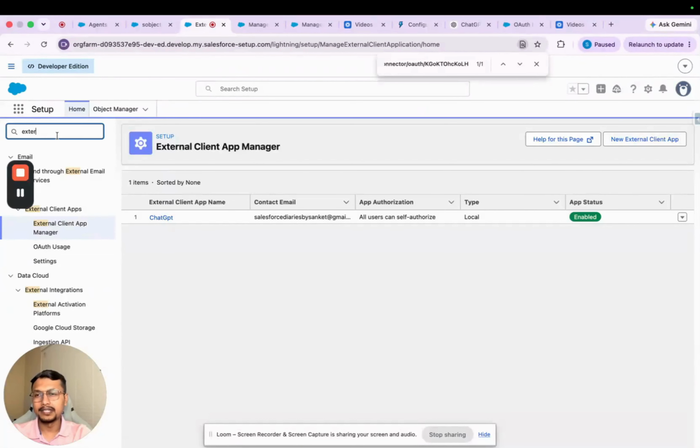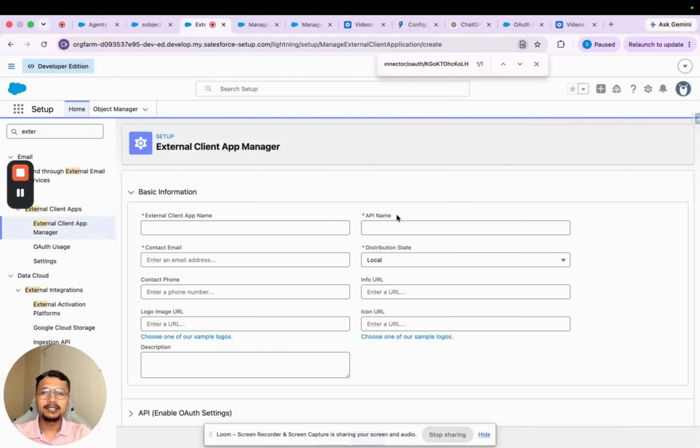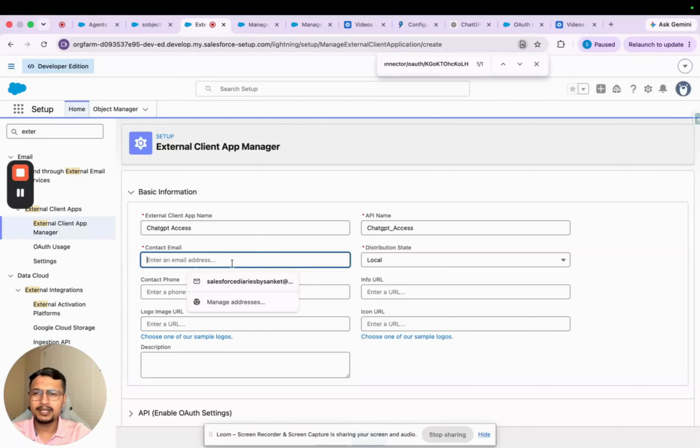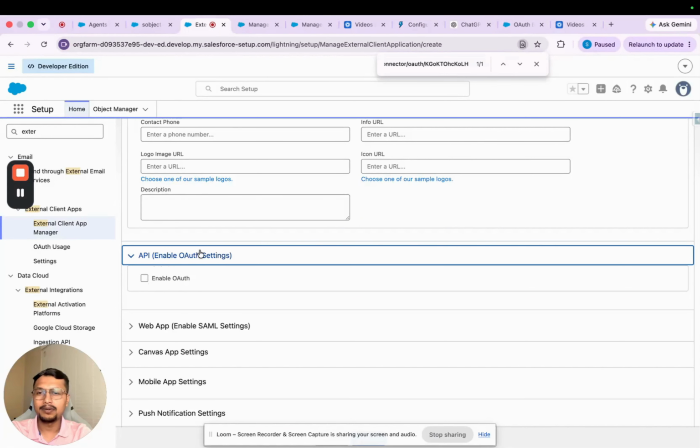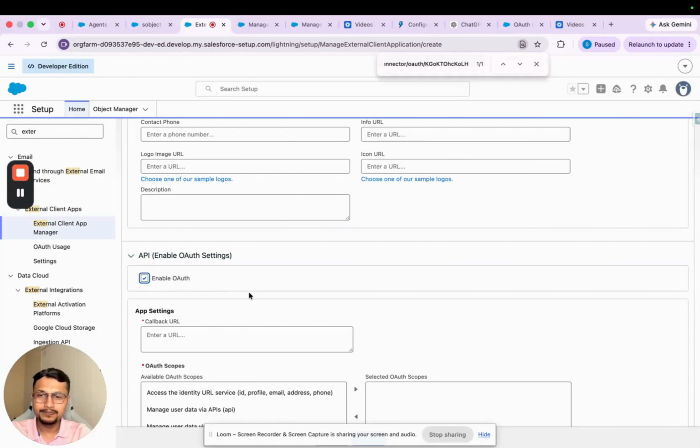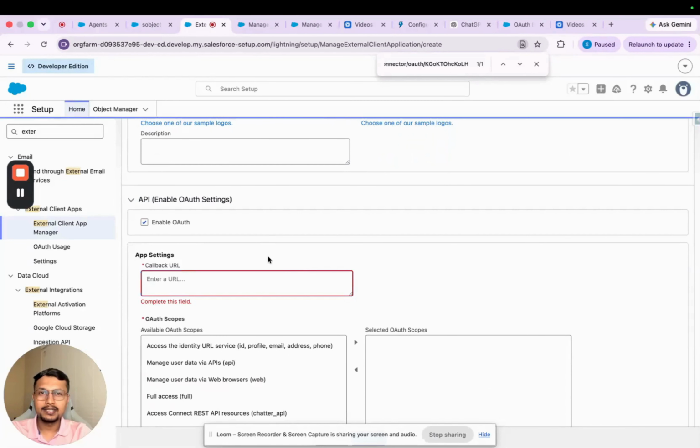First, you need to go to setup, you search for external client. You will see under external client apps, external client app manager. I already have created one, but you can click on new client app manager here, and let's say you can say ChatGPT access here. Just give any email, and under API enable OAuth setting. Make sure you enable the OAuth, and this callback URL has to